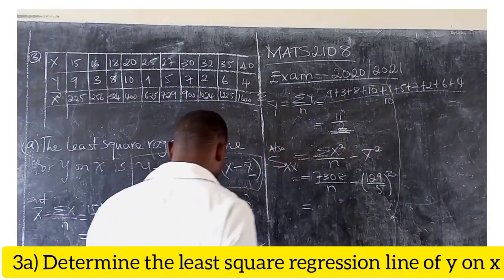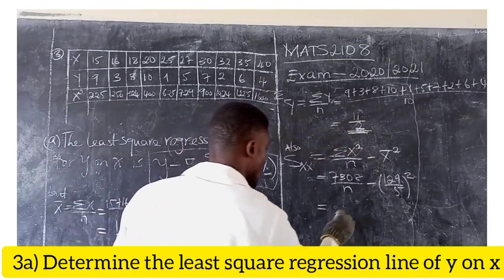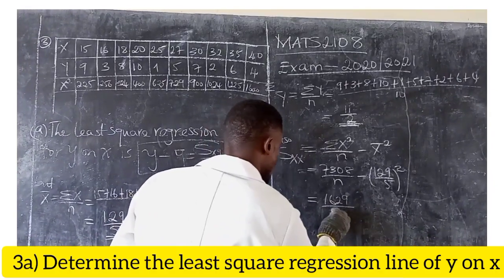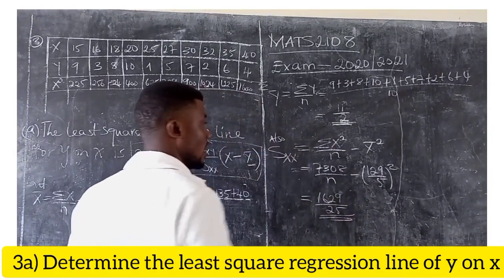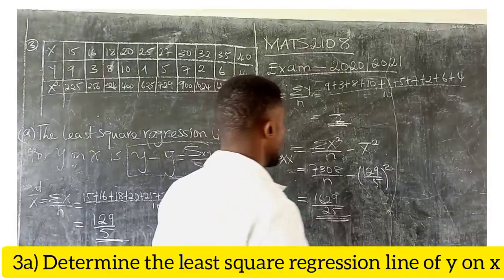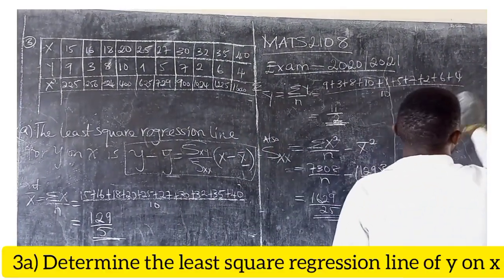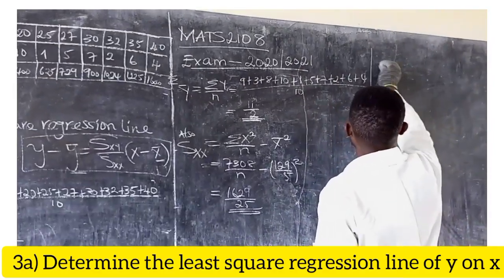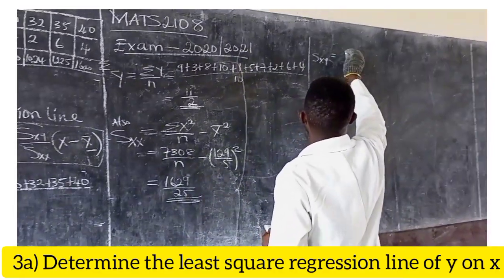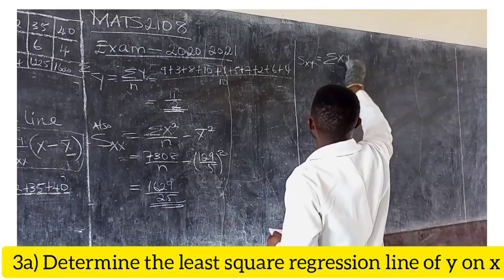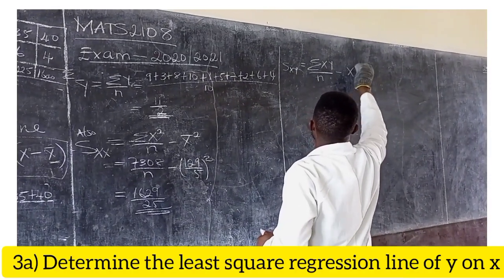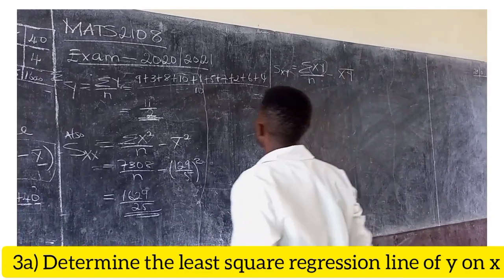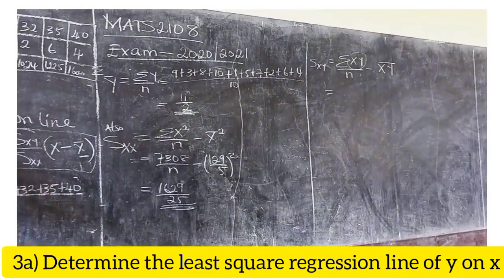We simplify that fraction, it gives us 1,629 divided by 25 as the variance of x. Then, for the covariance of x and y, we know that it is the sum of xy on n minus x bar y bar. So again, we find this xy. Carry back to our table,